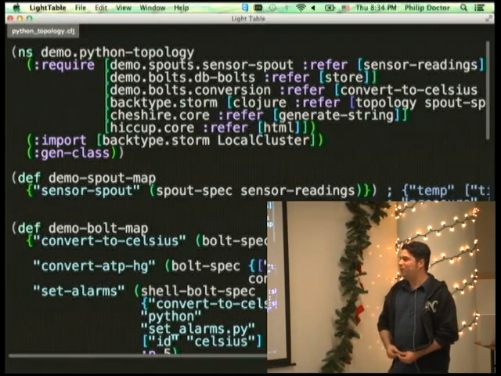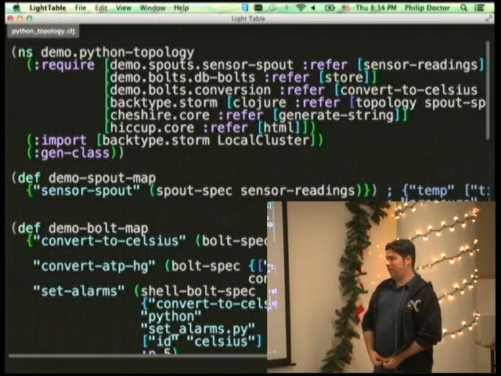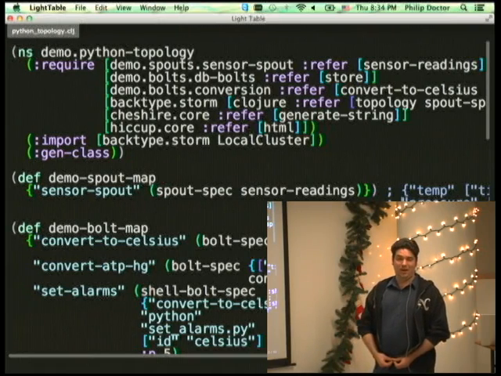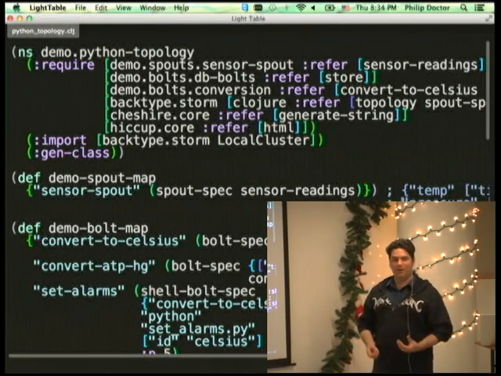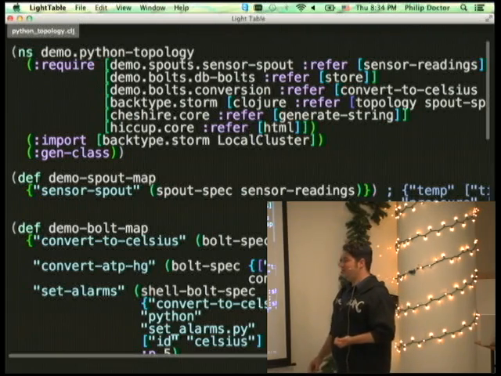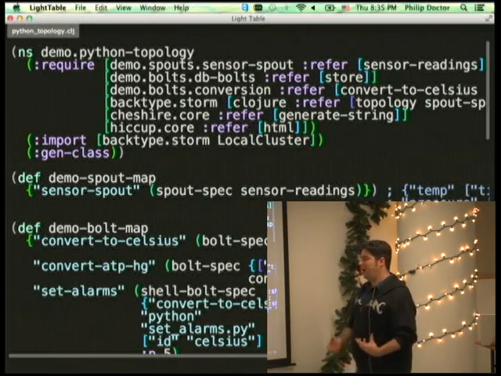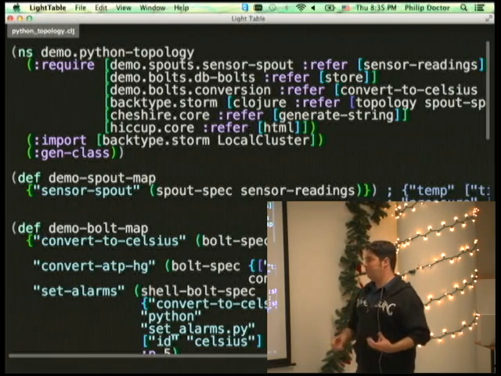Okay, and so when you look at Clojure, a surprising amount of your code looks like just structured data that's just hanging out. And that's the important part that we're going to talk about in this talk, just data hanging out. I'm not going to do all kinds of crazy lambdas. Okay, so thinking back to that topology, there was the spout part, which was the source of the data.